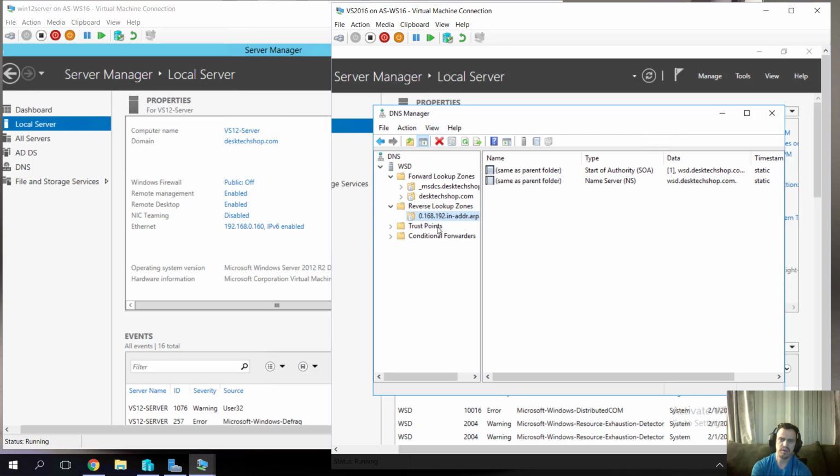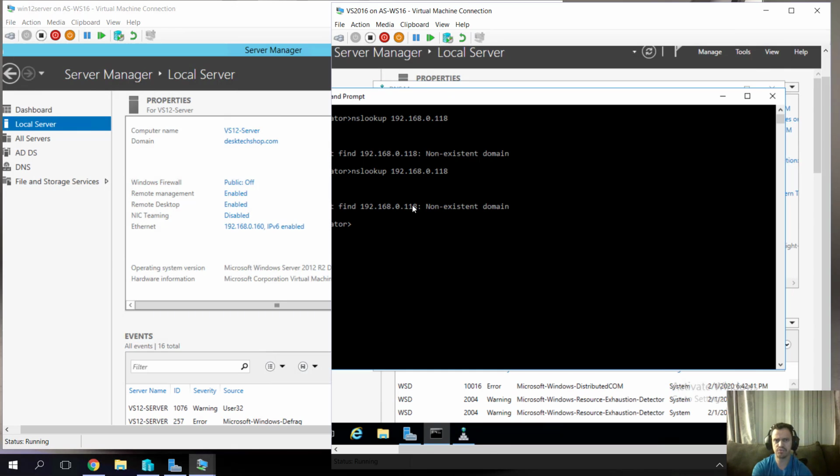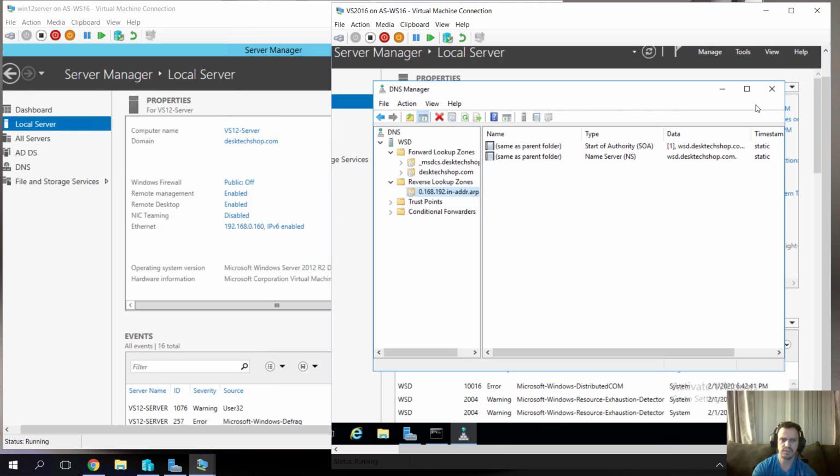Okay. But if I go back to the command prompt here, I'll show you that type the nslookup command with the IP address 192.168.0.118. It still hasn't found the resolution for the name of the server. It doesn't know yet. So what we need to do, I'm going back to the reverse lookup zone that I created and